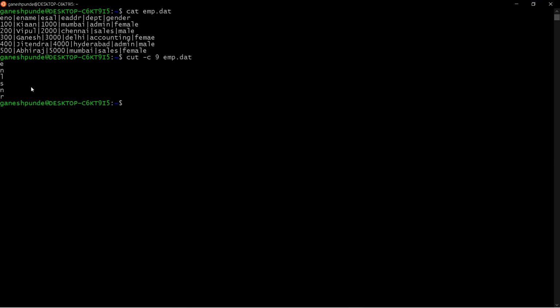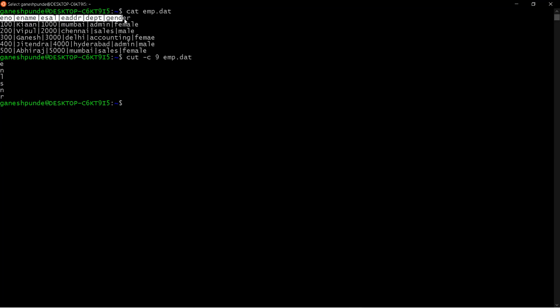So you can see it is showing E from the first line, N from the second line, L from the third record, S from the fourth record, and N from the fifth record, and R from another record.